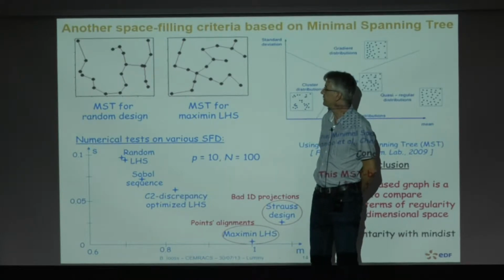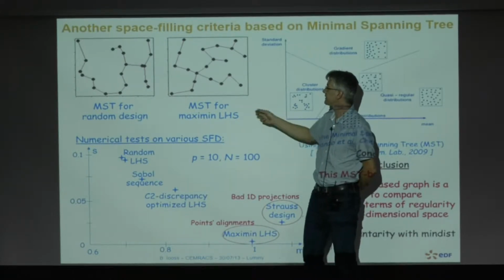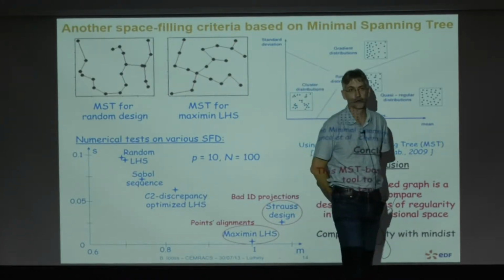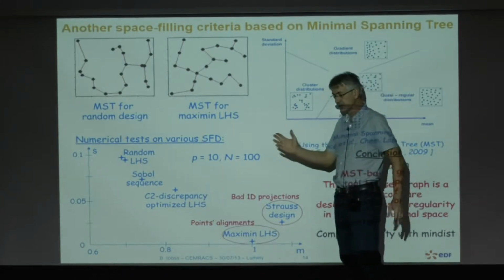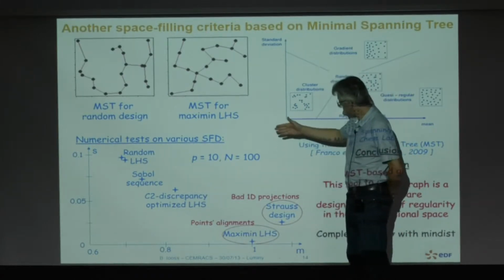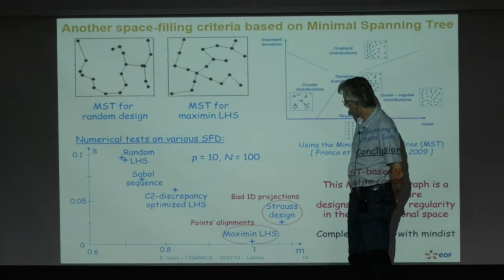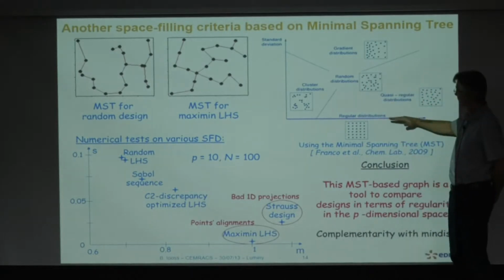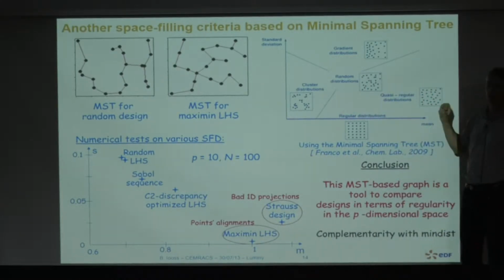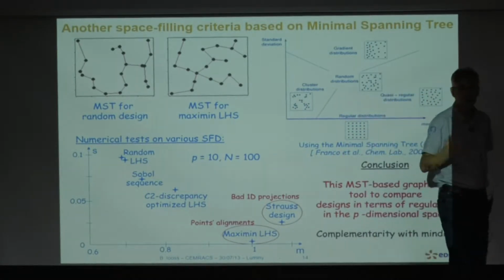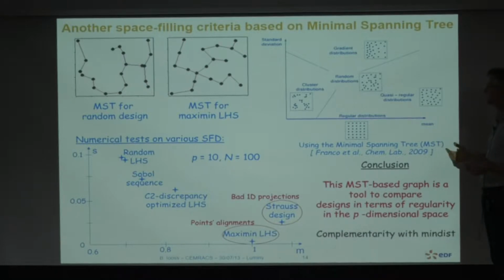So you see that the structure is very different in terms of length of each arc. And so the idea is to characterize the statistics of the length of the arcs between each node and to see what happens. So in the bottom of this slide, first I will show this. Here you have the mean of the length and here the standard deviation of the length. So it allows to have a nice classification of different structures of the repartition of the points.